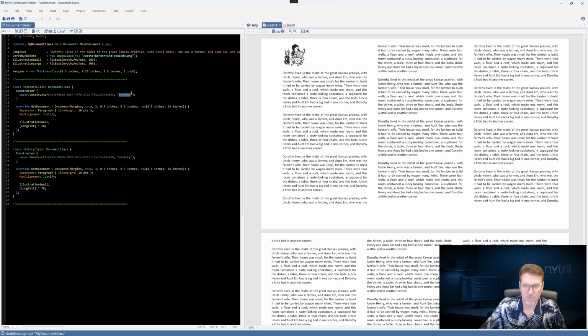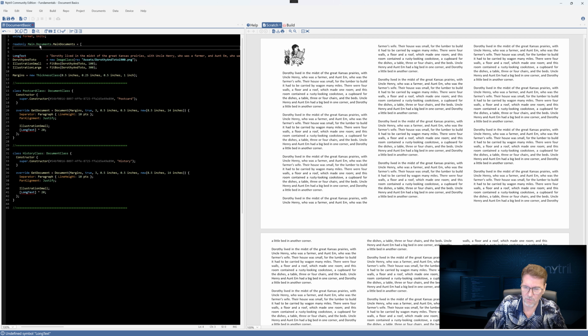So I'm going to show you how to do this. We're just going to take out this class here. And instead of saying document singular, we're going to make it plural. And instead of calling new, we're just going to hit an array. And in it, we're going to make a new instance of these two classes. It's that straightforward.